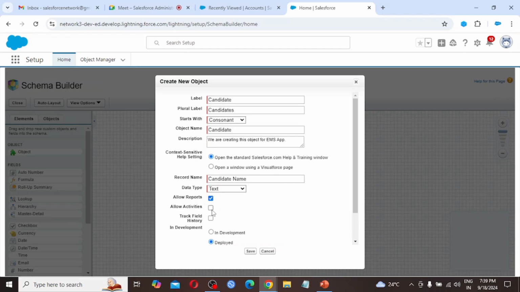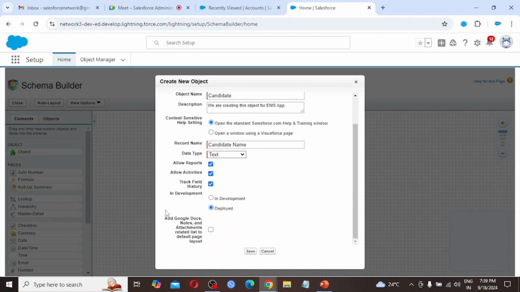I am going to check this all activities, track field history, and it is deployed. So this one I am not going to select. So this is saying that add Google Docs notes and attachments related list to default page layout. Either we can select or either we can unselect. So leave it for now.